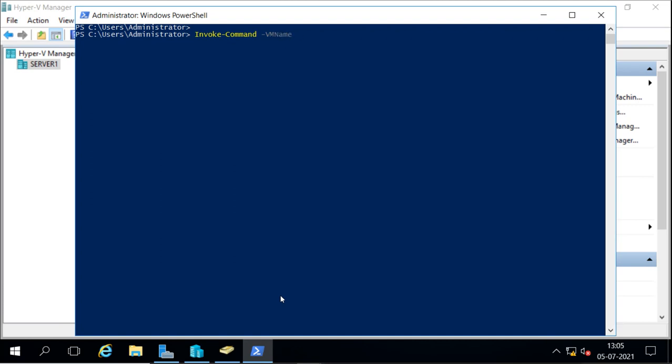Then we have to mention the virtual machine name, and then we can mention the script block, whatever we want. For example, I want to get the information about the services running on that server.